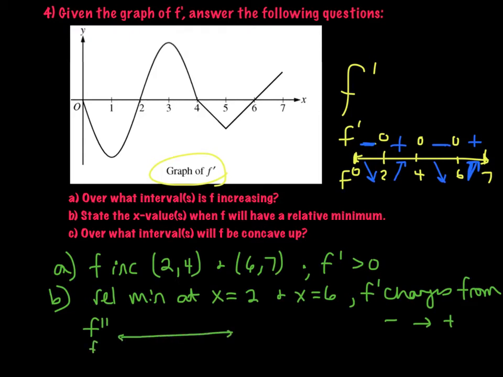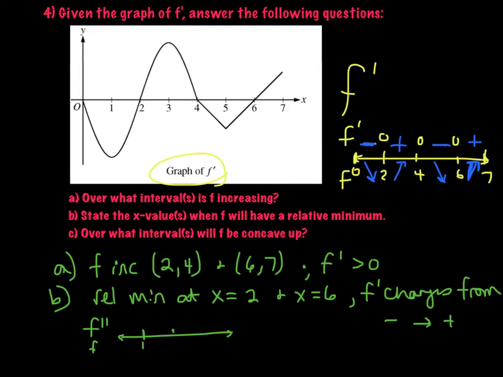Okay, so remember, the second derivative is the derivative of the first derivative. And so what does that mean? I need to think about the slopes of f prime. And so when I'm talking about my zeros, I'm talking about when we have any horizontal tangents or if we have any kinks. Okay, so if you look here, I would say that the slope is 0 at 1,